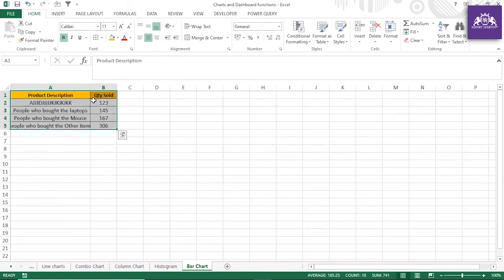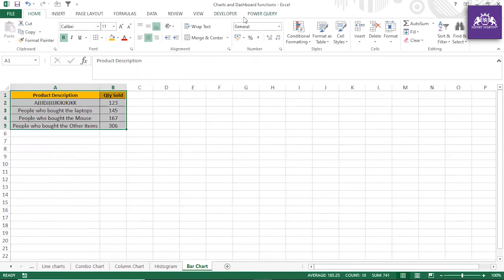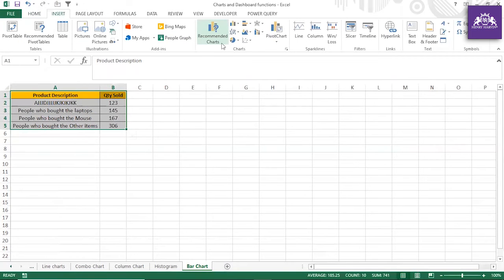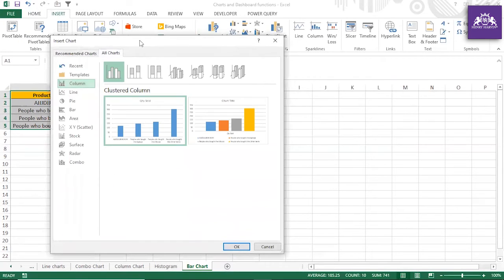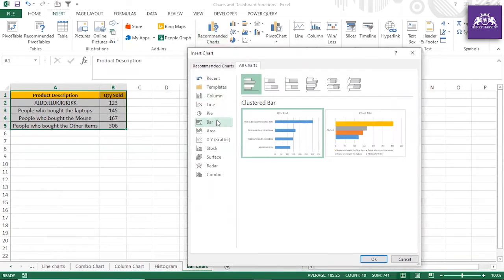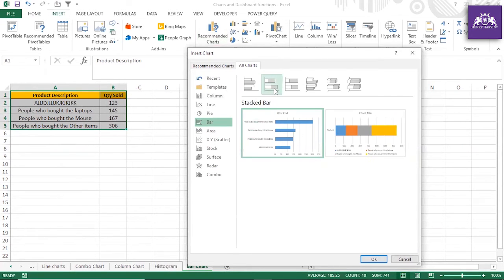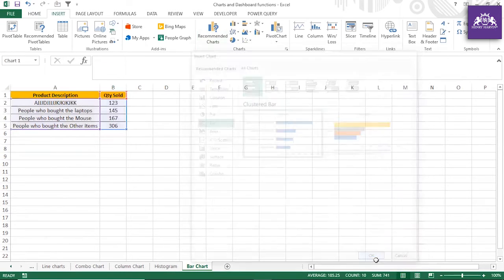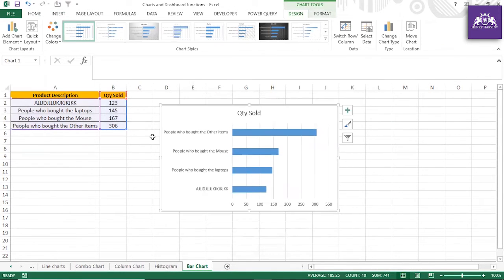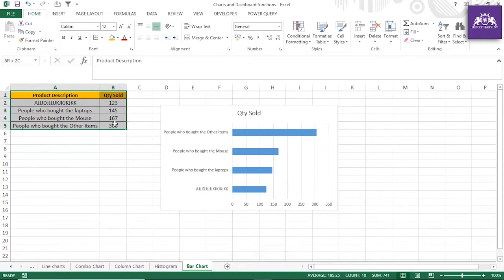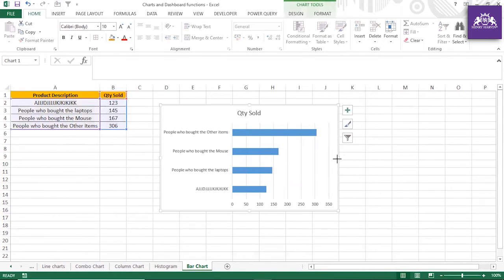And if you just select this, go to your insert, and go to your recommended charts. Now bar chart. All right, as I mentioned, this is horizontal version of column chart. You can see clustered bar chart, and you can see the stack bar chart. Guys, once you select this, this is actually the best chart if you have this kind of data, because if you have large text, then you can create this kind of chart.